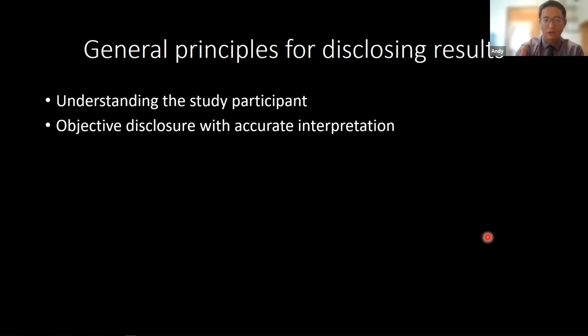And then the accurate interpretation leads to the next principle, which is implications. So now you know the result, you've interpreted it correctly. What does it mean? Does this participant have an oncoming dementia syndrome that you're not aware of, that they're not aware of, and how do you plan for it, which is the last step?